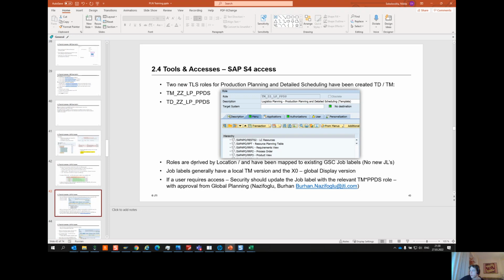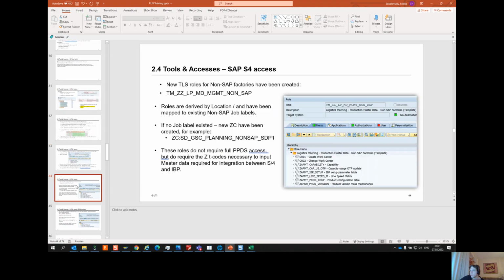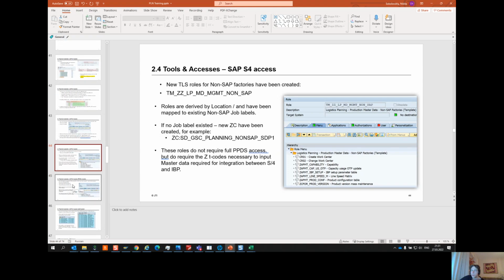Roles can be derived by location and market, and were mapped to existing global supply chain roles. Job label roles usually have a single role in it with the global setting. On the following slides, I will go through them real quick